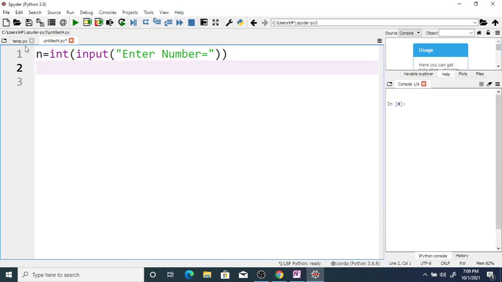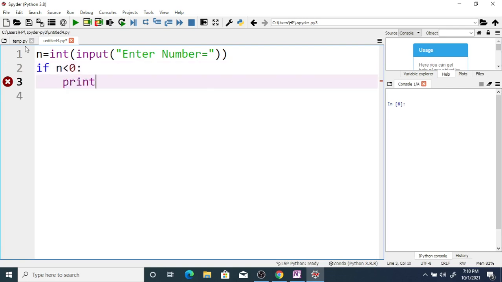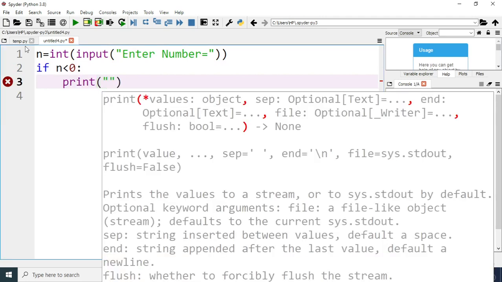Next we want to check if your n is less than 0, then print or display the message factorial does not